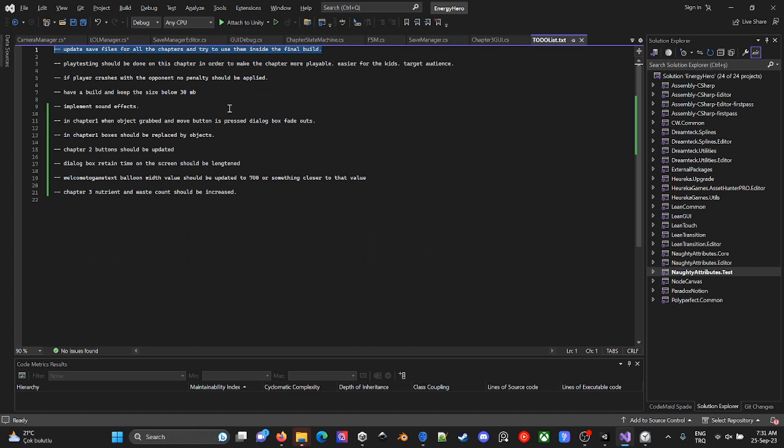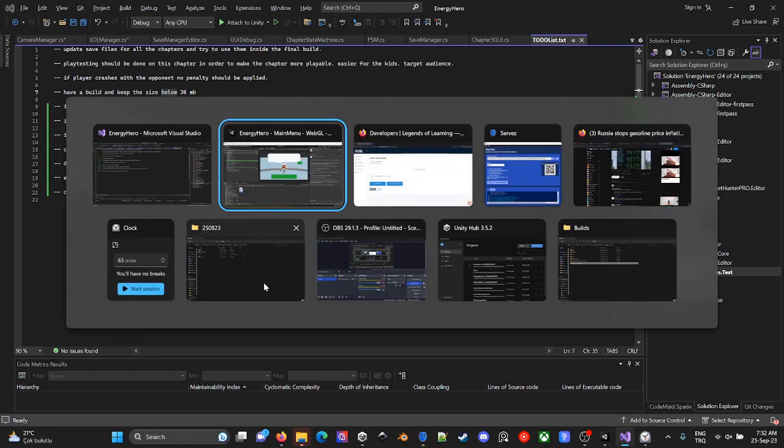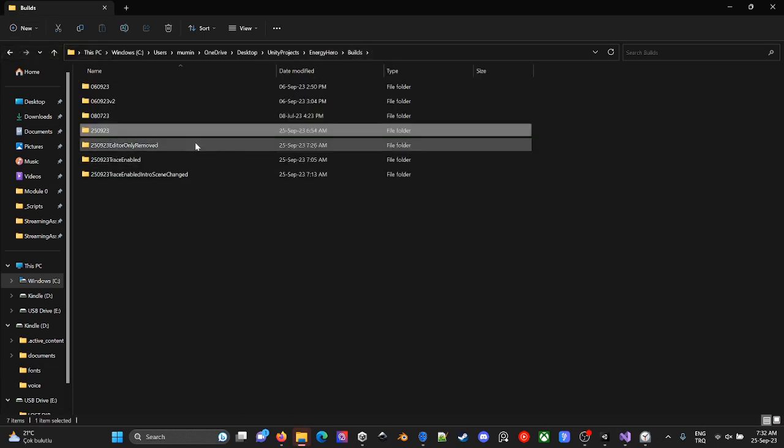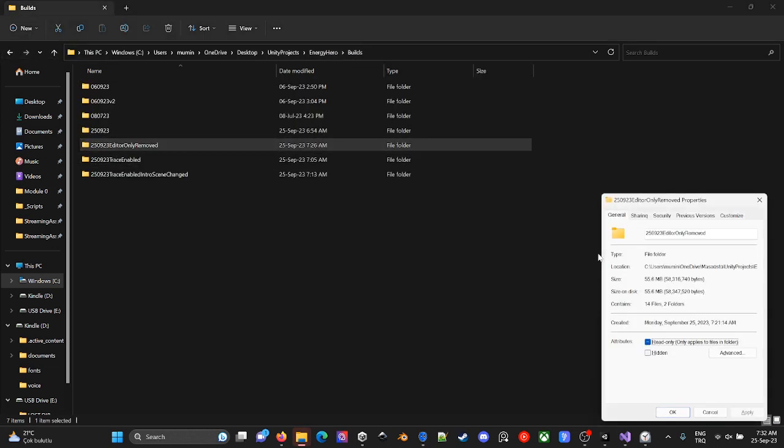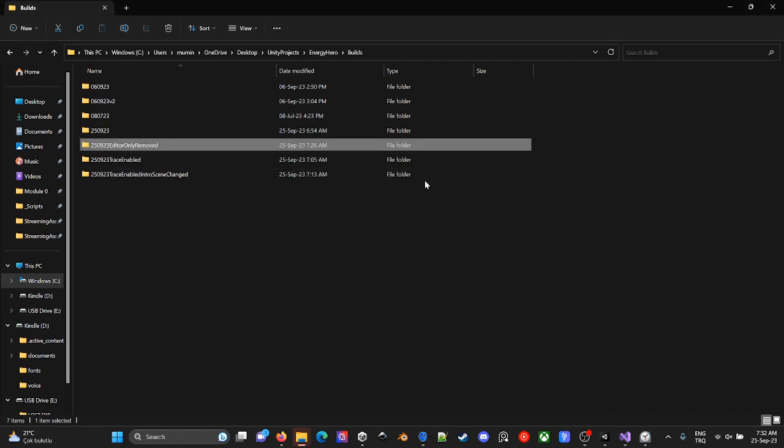However, I managed to do something. I managed to playtest, and I managed to find out some of the problems that my game has, and I need to solve these problems as soon as possible. Also, keeping the size below 30 megabytes, and let's just check the final size of the editor only remote. 55 megabytes. Oh man, editor only remote. I will have a bad time